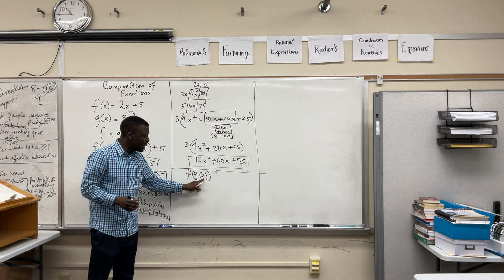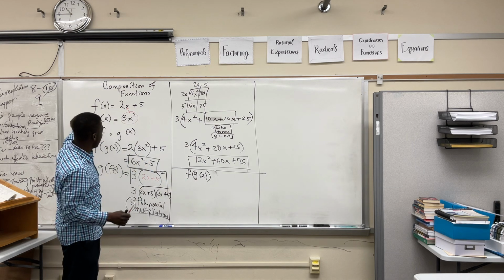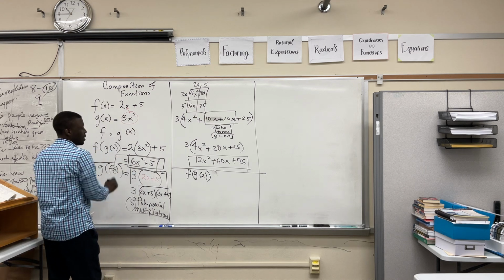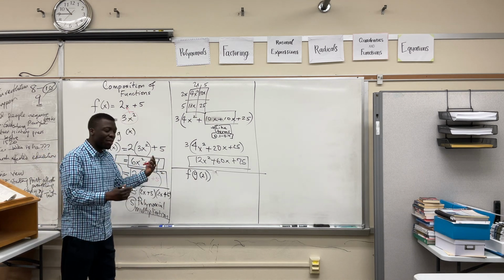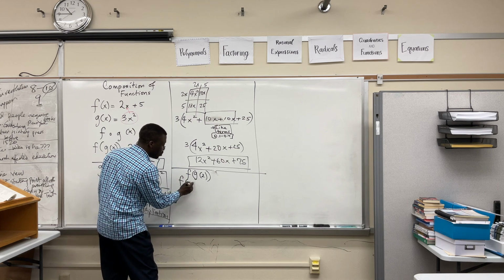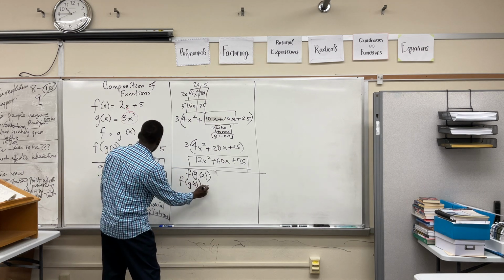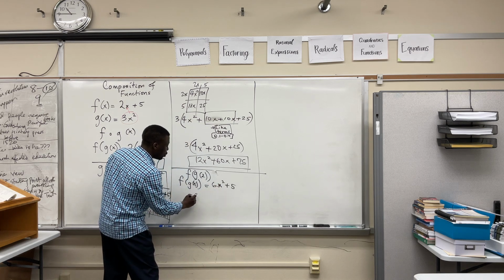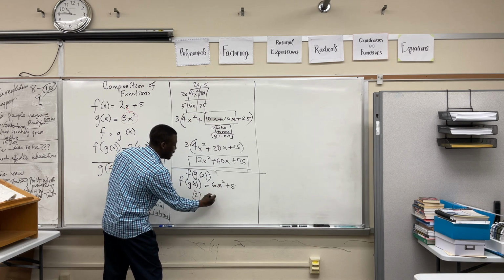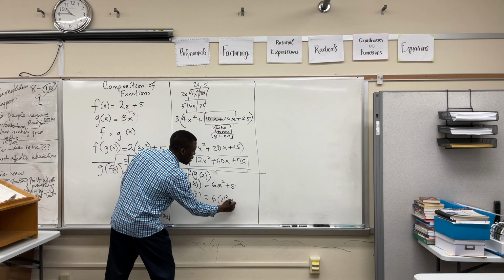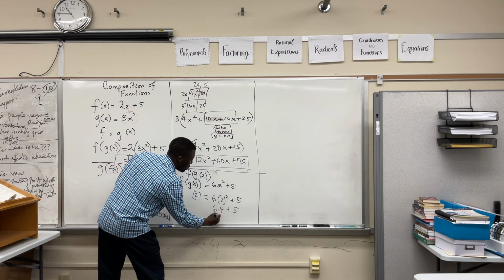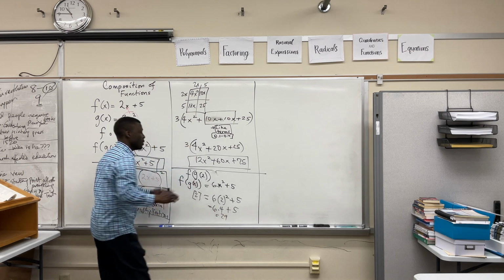What that means is that you put in 2 everywhere you see x, back in our problem here. So basically, we already did g of f of x, right? That was the first step. And that was 6x squared plus 5. Now, if we put a 2, specifically, it'll be 6 into 2 squared plus 5. That becomes 6 times 4 plus 5, which is 29. That's how we do that